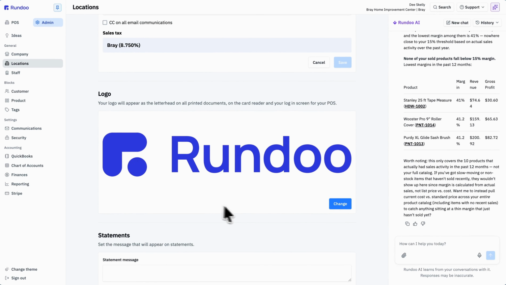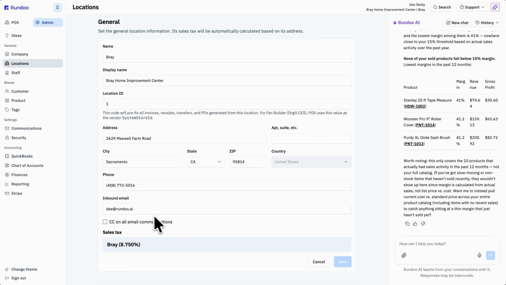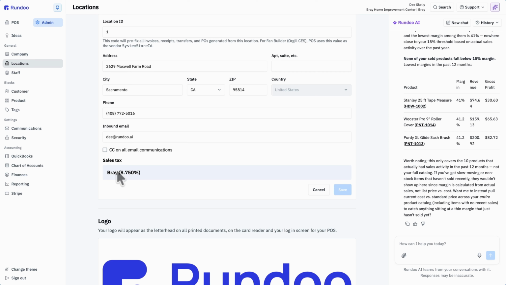And down here is where you can add your logo, which appears on all of your printed documents. Right here, you can see the inbound email for this store. When a customer replies to an invoice, this is where it will land. And some quick advice on this CC checkbox. This email address will get a copy of every single invoice and statement you send out.